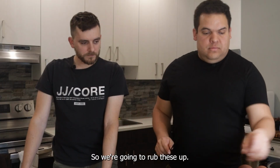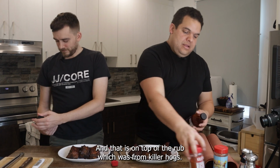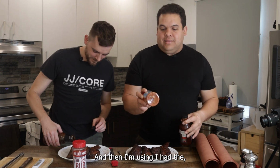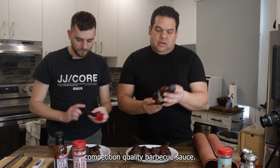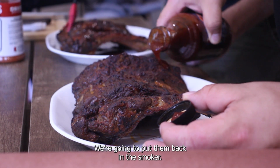So we're gonna rub these up, or lather them up, I guess, with some barbecue sauce. Which we have the Killer Hog from How to Barbecue Right, and that is on top of the rub, which was from Killer Hogs. And then I had the barbecue rub from Meat Church called Gospel. And on top of that one, I am putting a Sweet 180 competition quality barbecue sauce. Let me just get some of this sauce on here. We're gonna put them back in the smoker,